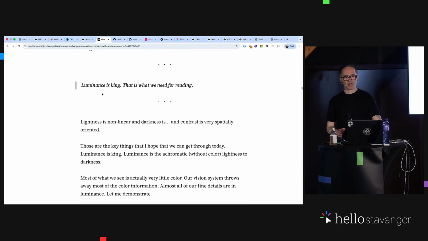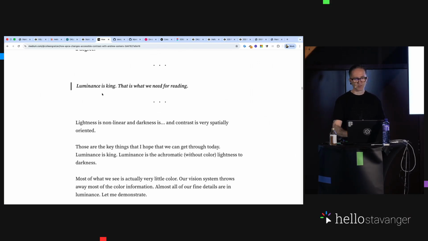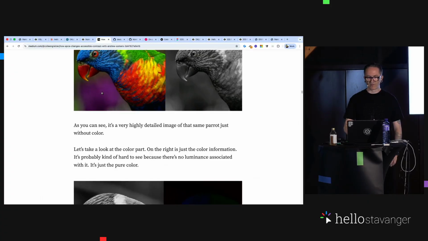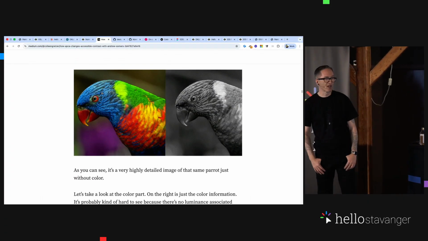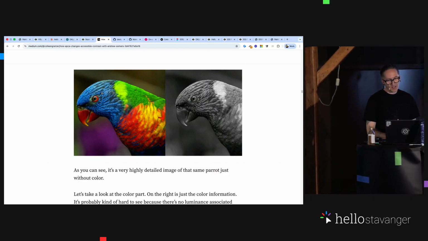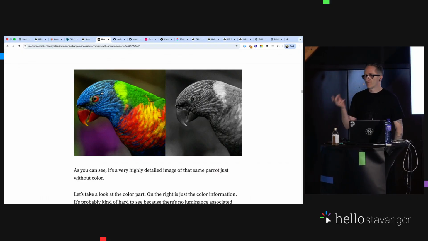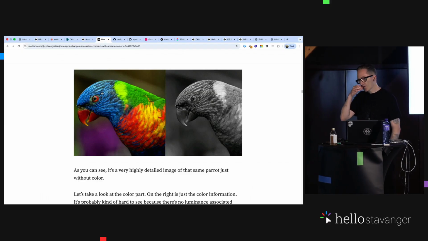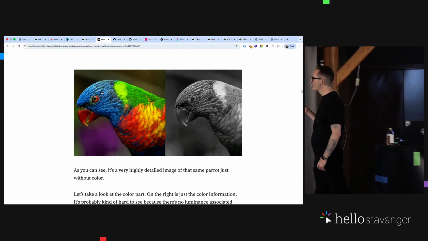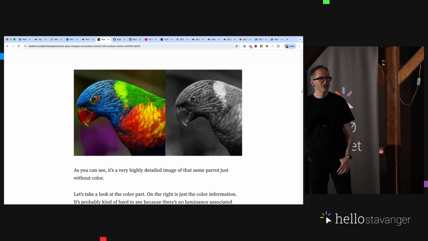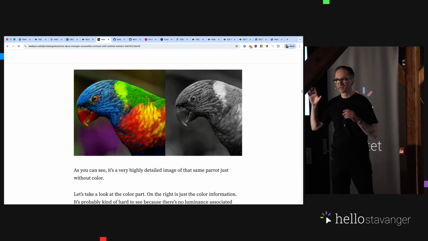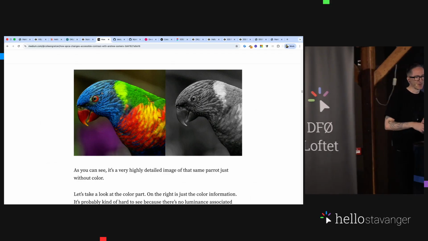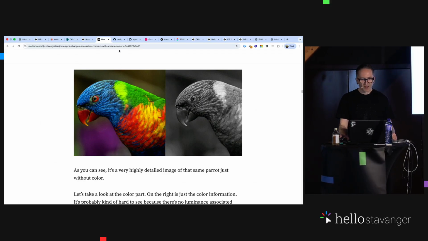Another thing that we are doing is that we're using APCA, as I mentioned. APCA is a more advanced color contrast algorithm compared to the one we have in WCAG. It's based on human perception, just like OKLCH. And one of the principles of APCA is that luminosity is king. When you see a picture, like the picture of the parrot, it takes about 70 milliseconds before you see the colors, because the first thing you see is actually the contrast, or the grayscale. So that's also why